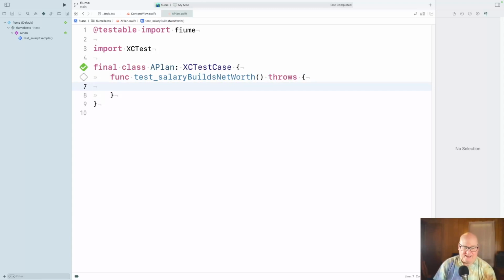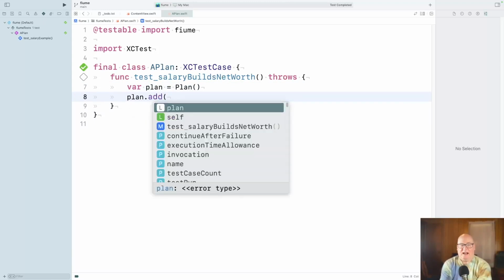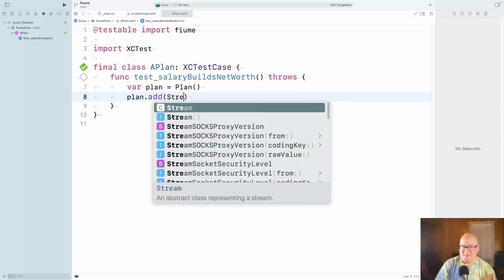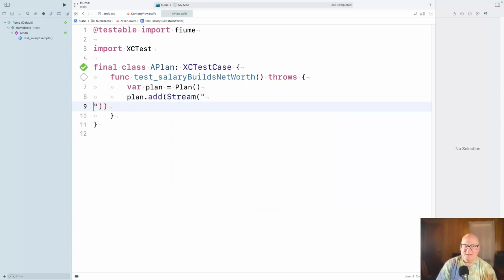So I'm going to build a plan, and then I'm going to add something. I don't know. Is it a stream? No. Yeah. Maybe it's a stream, and it's named salary.